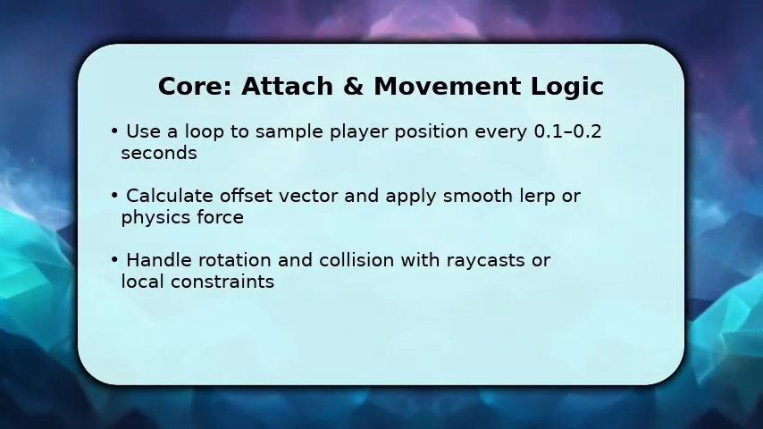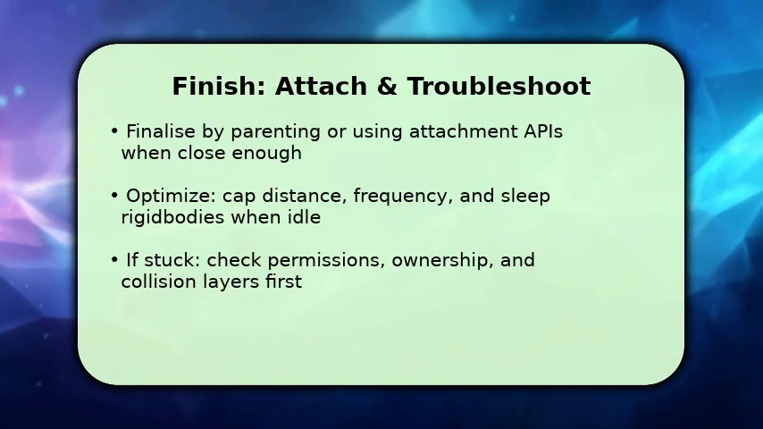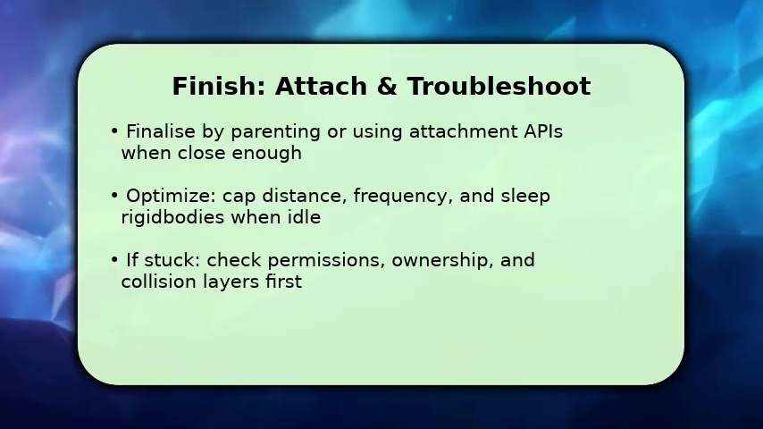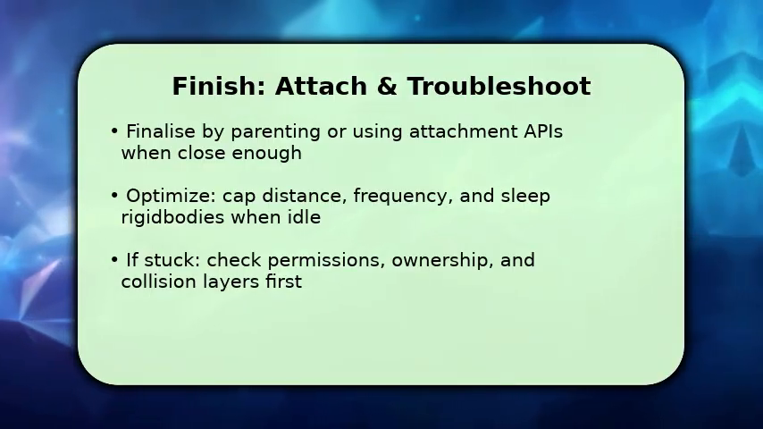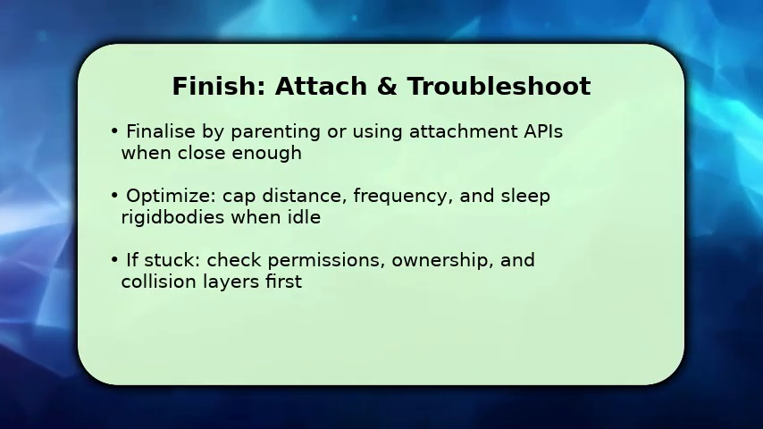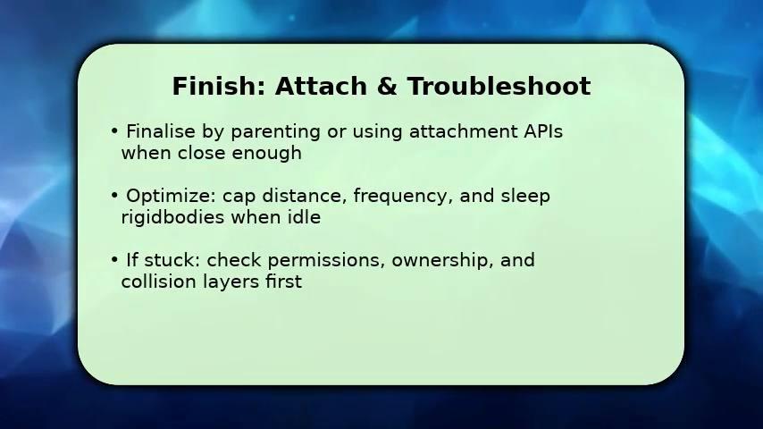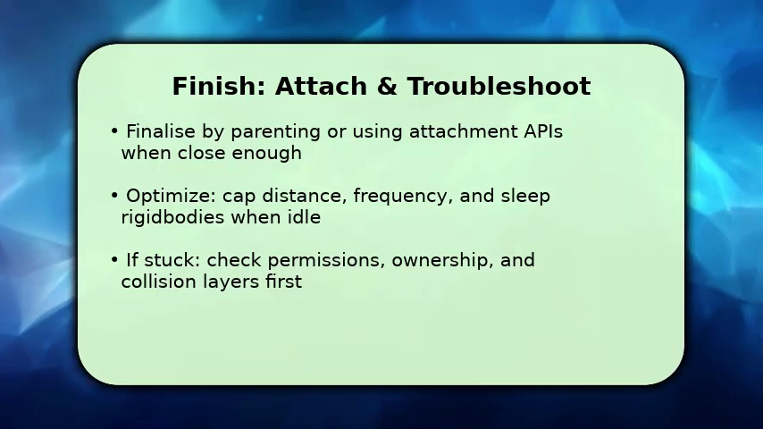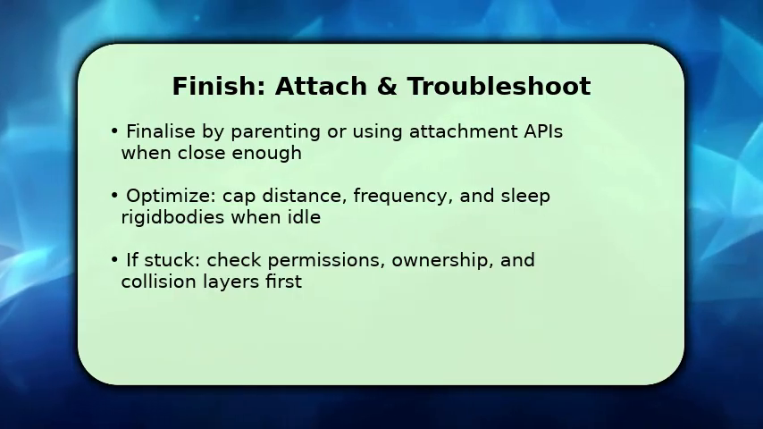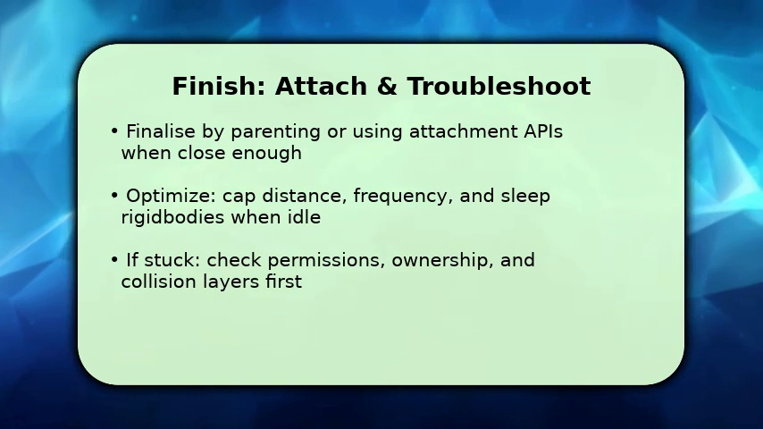You complete the feature by deciding when to switch from free movement to attachment. When the object is within a small threshold distance, parent it or use the Attach API so it moves exactly with the player. This eliminates micro offsets. Then optimize by capping follow distance, reducing sample frequency when idle, and putting rigid bodies to sleep to save resources. If things go wrong, first verify room and object permissions, confirm ownership, and inspect collision layers and raycasts. Those are the